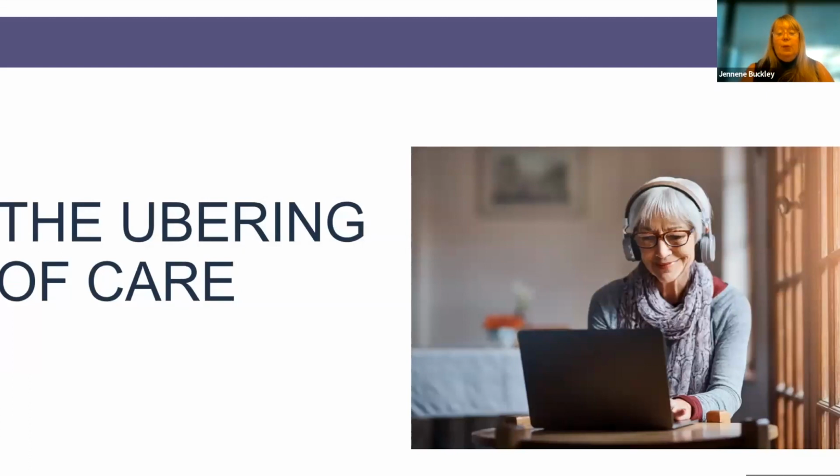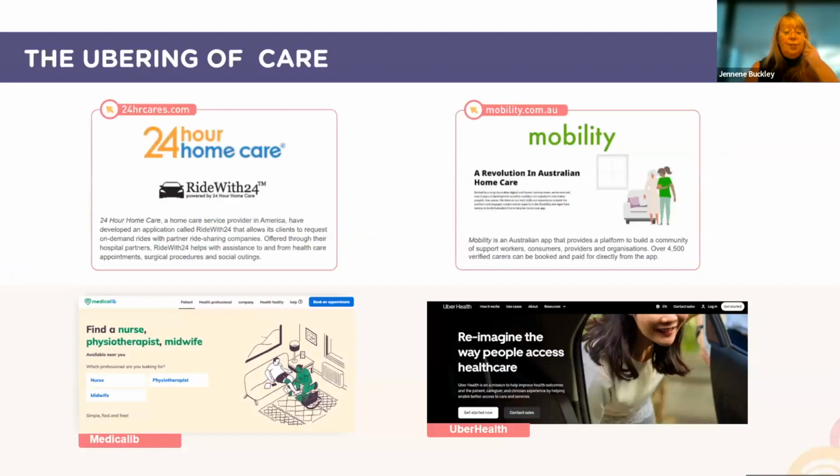There are many examples that we saw of the on-demand economy moving into home care. This market is growing, and so is consumers' demand for responsive services. With these self-managed platforms, it enables consumers or their carers to take much more control over the selection of their workers, as well as the time, negotiating the timing and the frequency of these services within, of course, a given budget if it was a government-funded program.